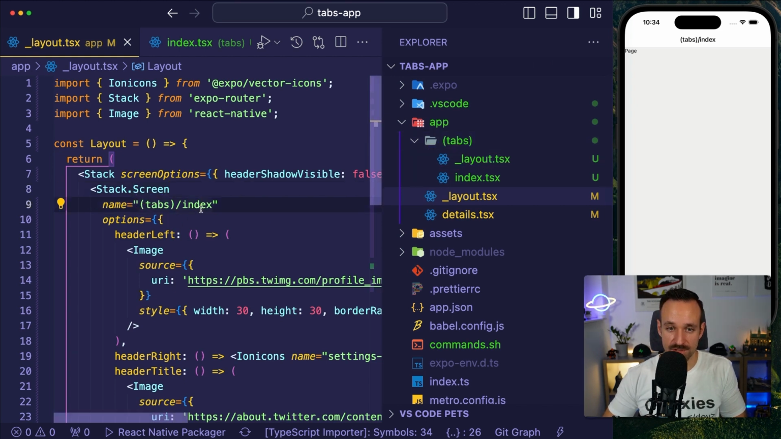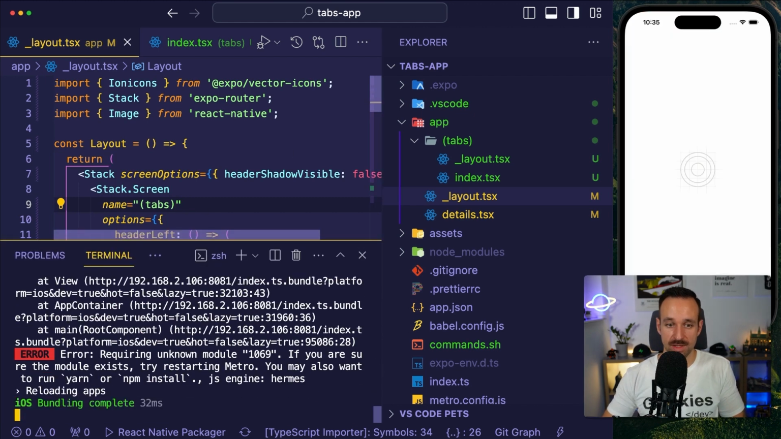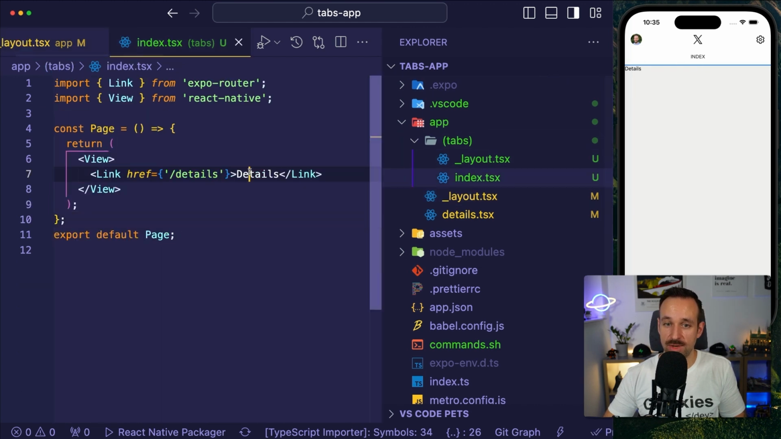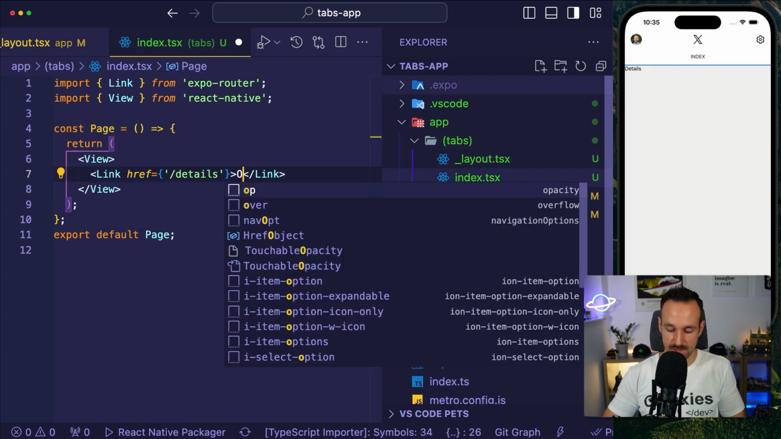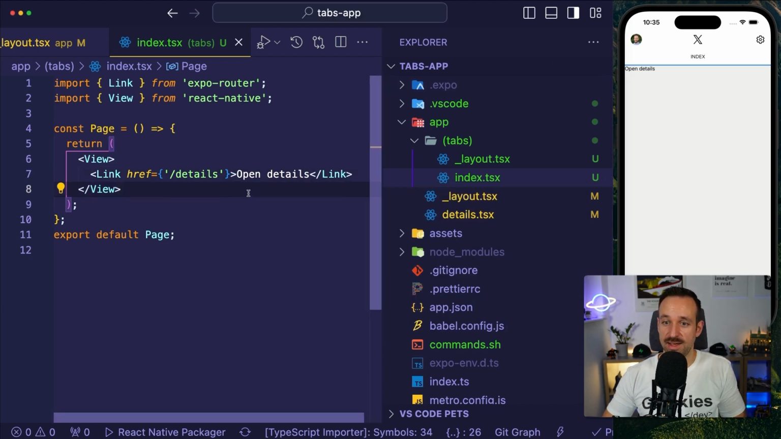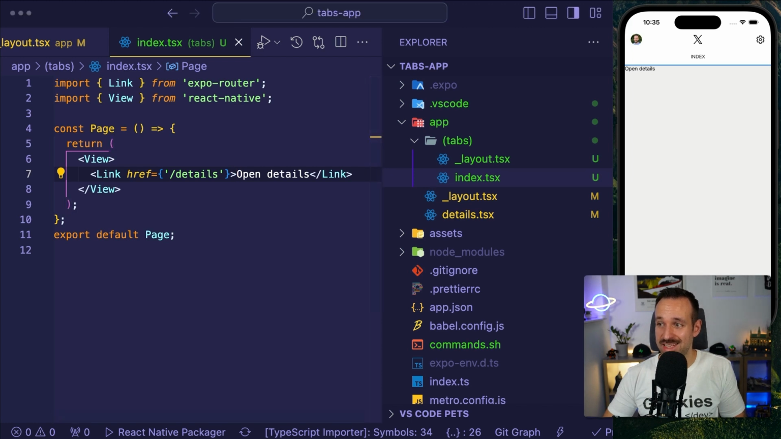Oh, that was an error, interesting. So if we remove the path here and just make it the whole folder, that should work better. And you see, we are actually rendering our index page already. So this is the one here, open details. All right, good. And that also means we now have material top tabs,